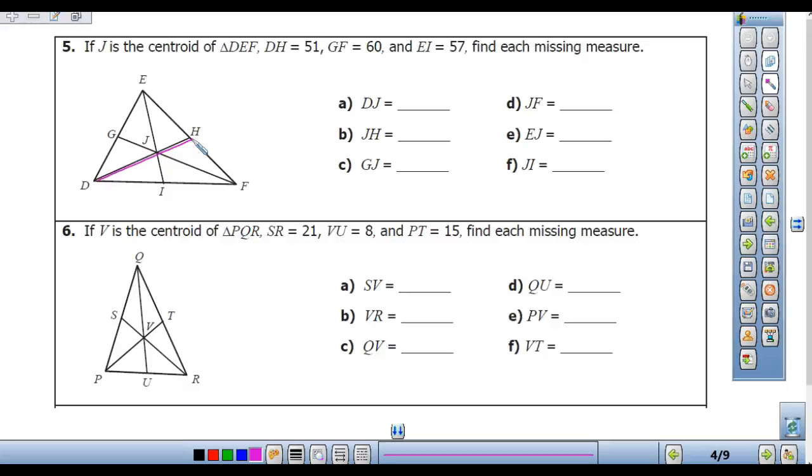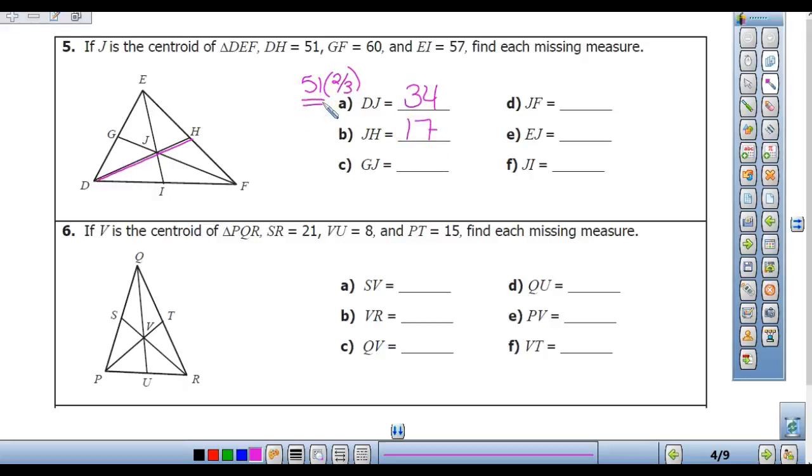To find DJ, I have to do 51 times 2/3. 34. Okay, so that makes JH 17, yep. And you know you got it right if these two add up to